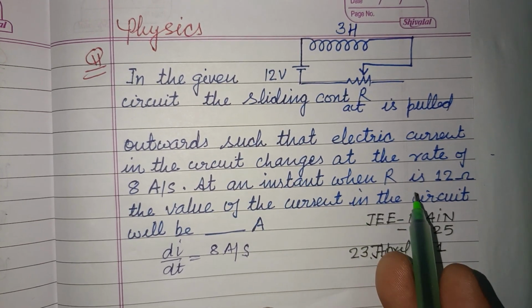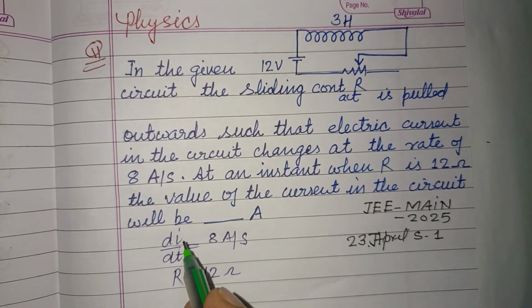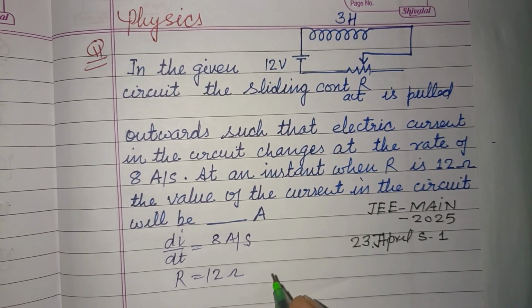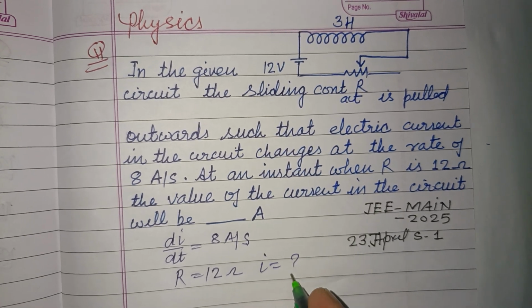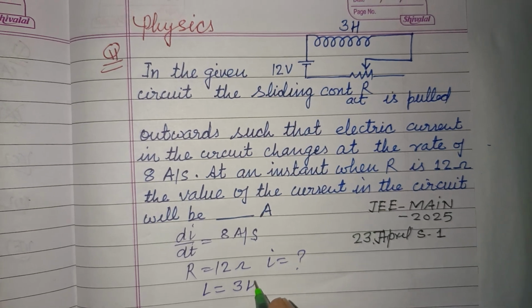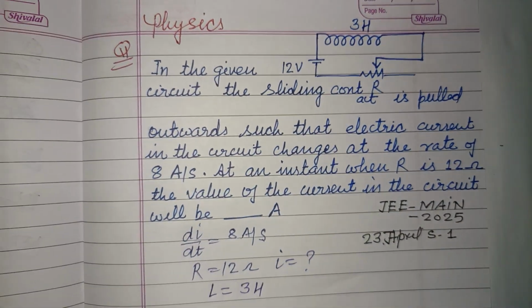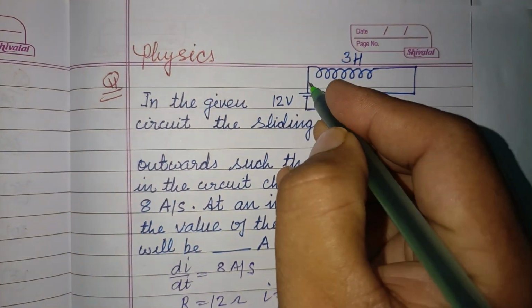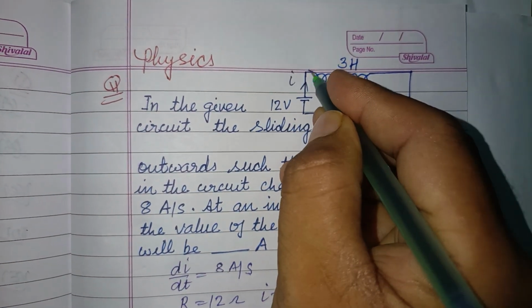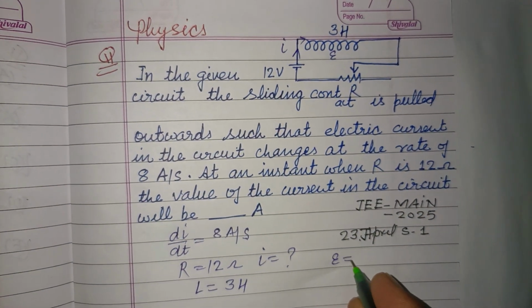at the instant when R is 12 ohm. The value of the current in the circuit will be, so I is asked in the circuit. Here L is given to us as 3 Henry and the voltage of the battery is 12 volt. So let current I be flowing in this, and here an EMF is generated, which is E equal to minus